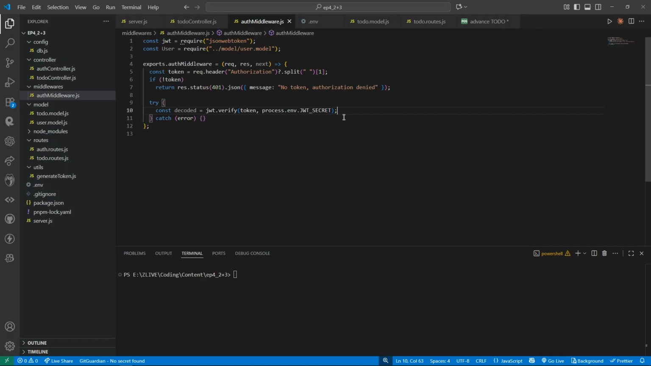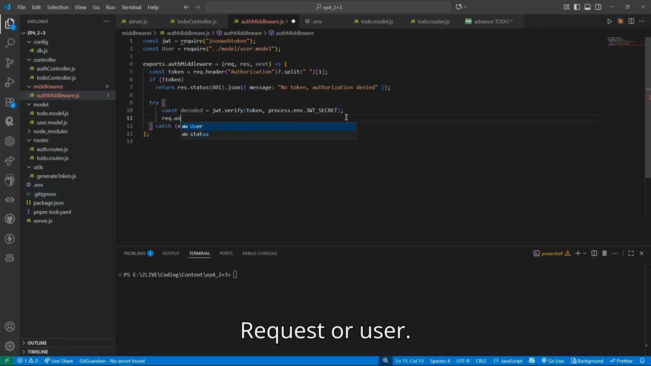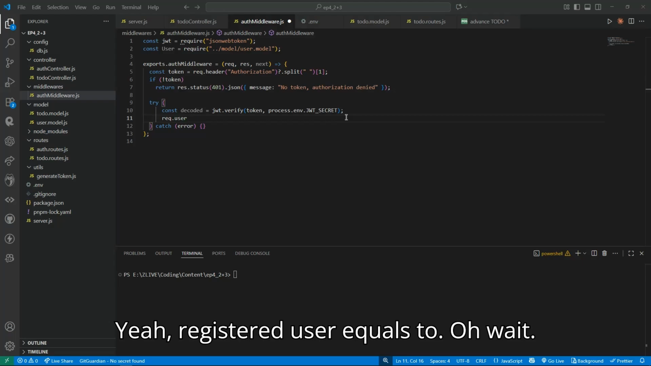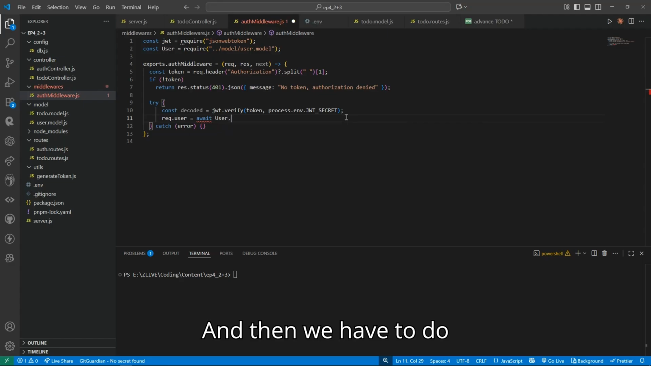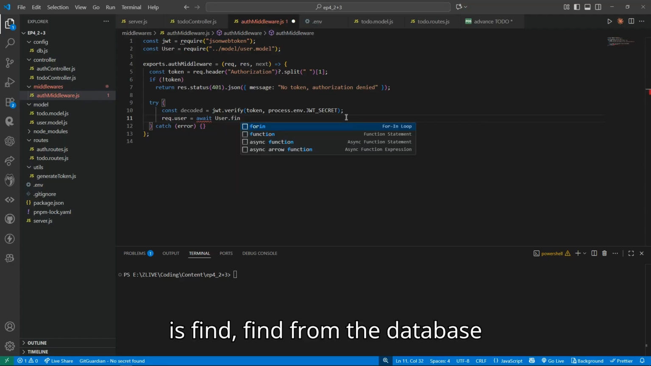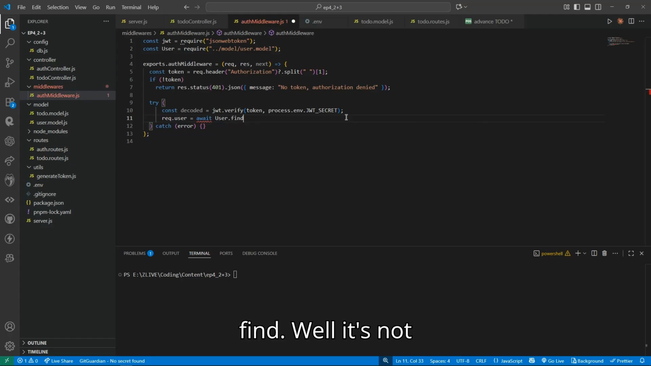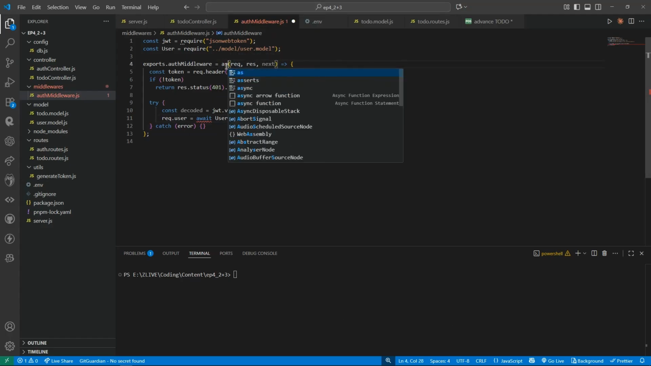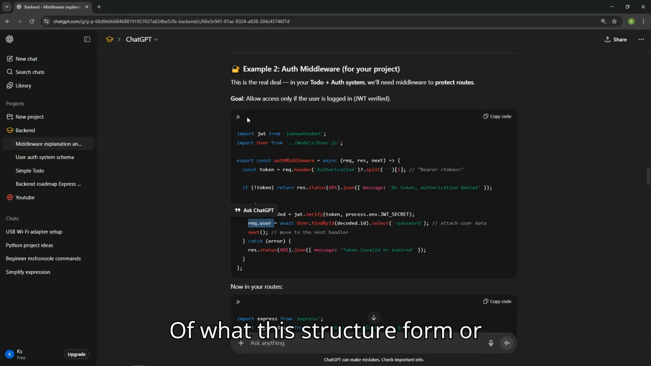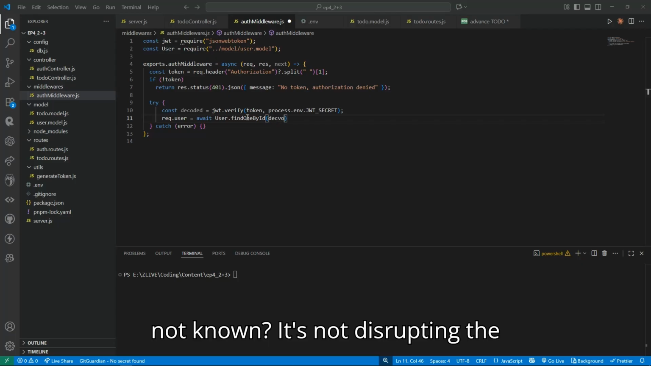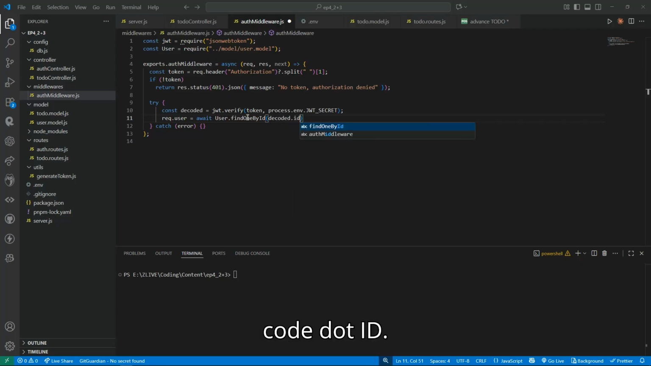So what we do is request.user, request.user equals to Auth, and what we have to do is find from the database. Find. Oh, it's not async, so it's giving me an error. Async, yeah. Find one by ID, and our ID will be... Destructure form or not? No, it's not destructure form. Decoded.id,